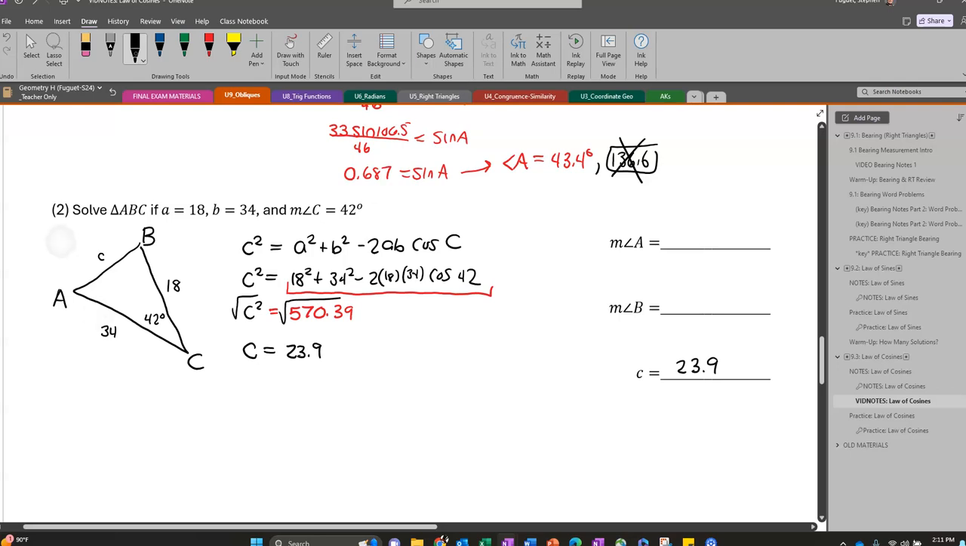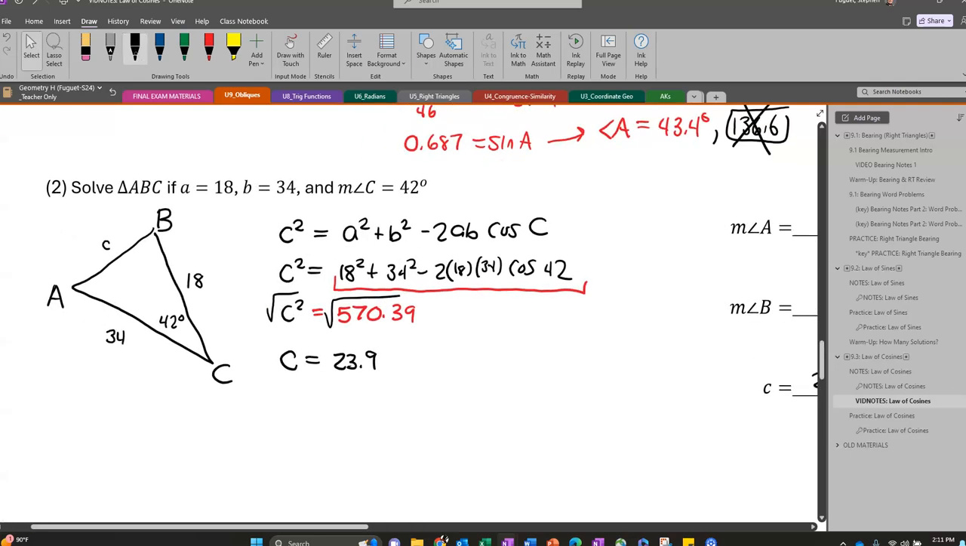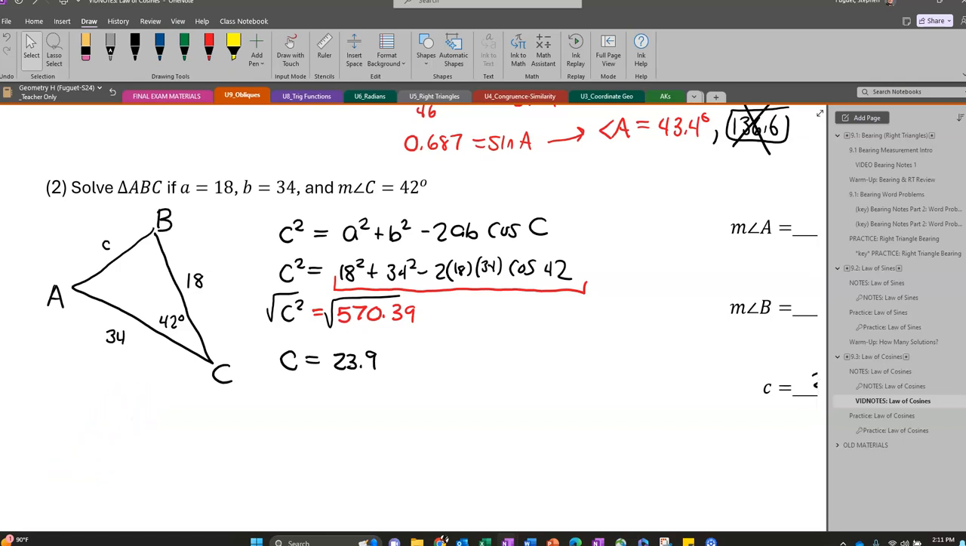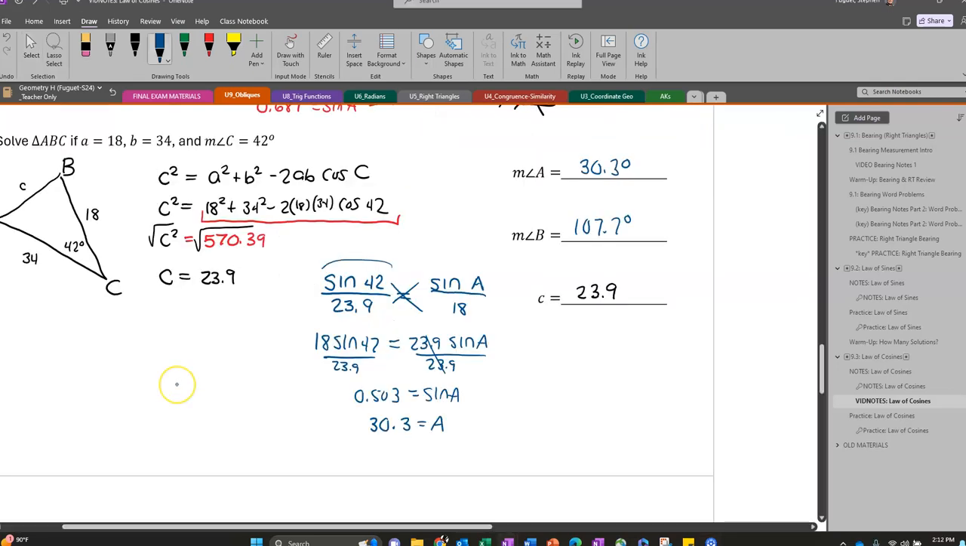Now, for the remaining two angles, we will be using the law of sines. So go ahead and pause this video, and let's see if you can find the other two angles. Here we go. There's your law of sines. I wanted to find angle A first. I got 30.3. Use the triangle sum theorem to get angle B, and